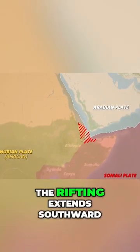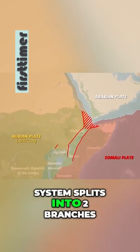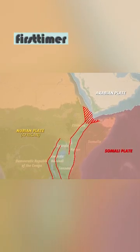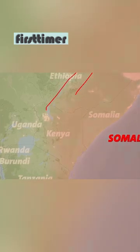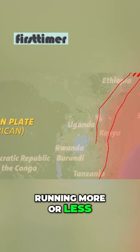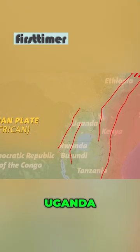From the Red Sea, the rifting extends southward. Here, the East African rift system splits into two branches, an eastern and a western branch. There's the eastern rift that runs more or less through central Kenya, and then the western rift is sort of running more or less on the border of several countries like Rwanda, Burundi, Uganda, and then a major part of